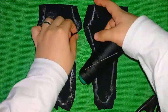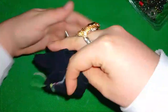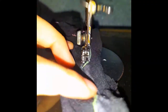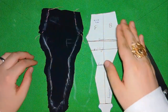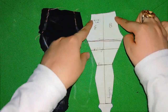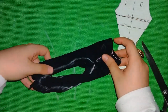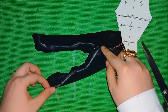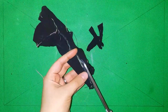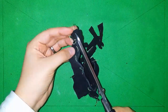Now begin to sew the pieces together. Hand stitch first, then go over them with the sewing machine. My darlings, let me mention that you have to stitch these parts first, then flip what you have like this, and sew the inseam. Now that we finished sewing, let's remove the threads of hand stitching and trim the seam